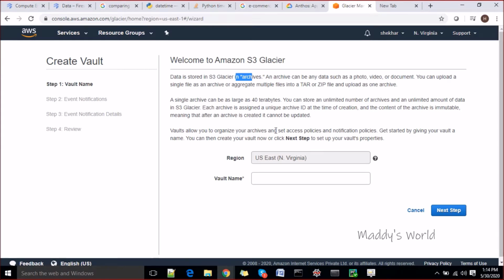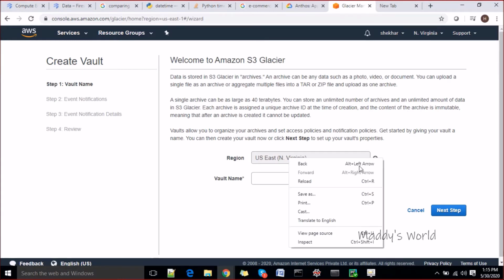A single archive can be as large as 40 terabytes. You can store an unlimited number of archives and an unlimited amount of data in S3 Glacier, so there is no limit.